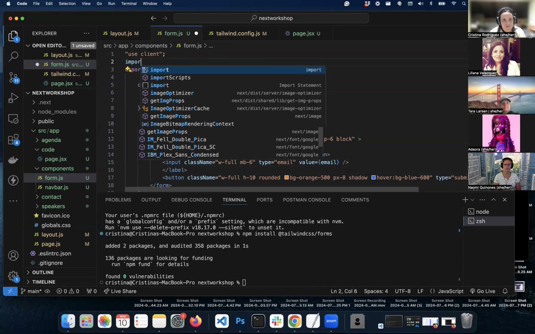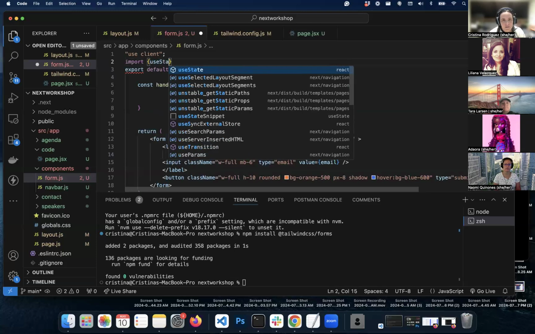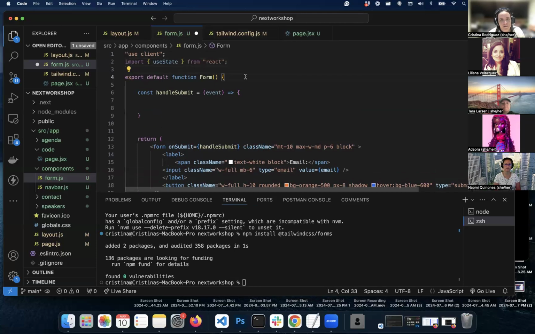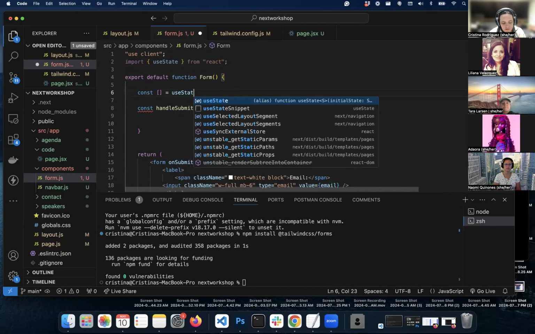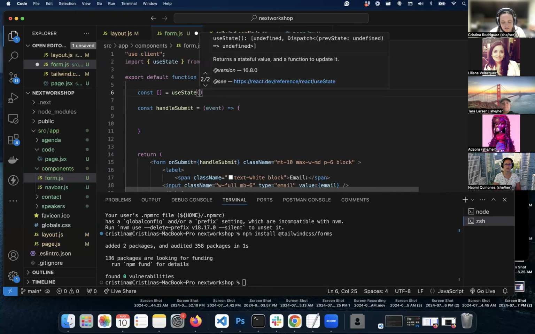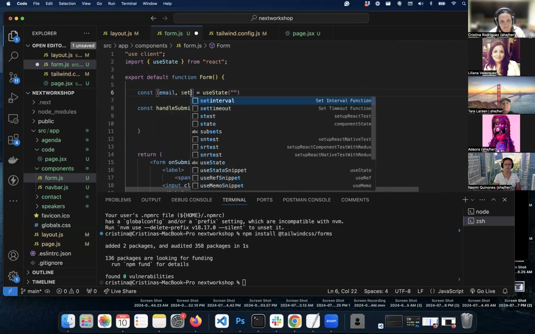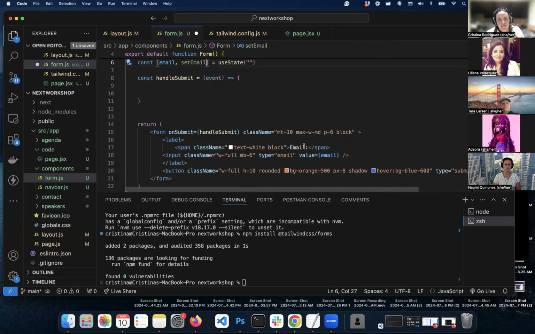So you need to import state and create a state. In the initial point it will be empty and my state will be email and the function will be setEmail. And then that value is email,